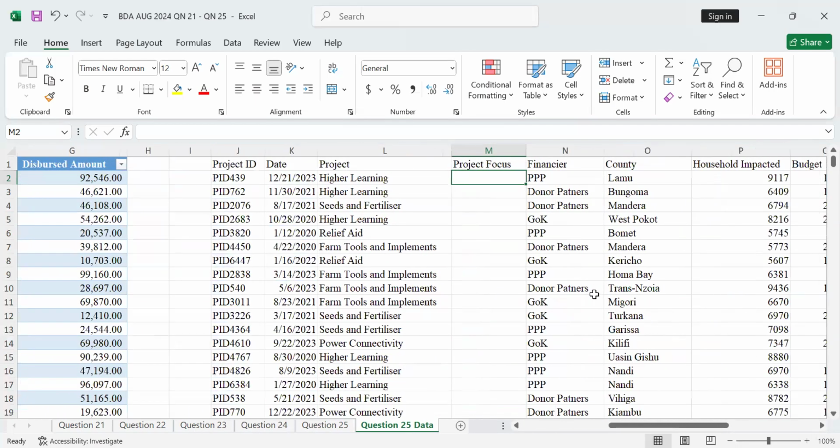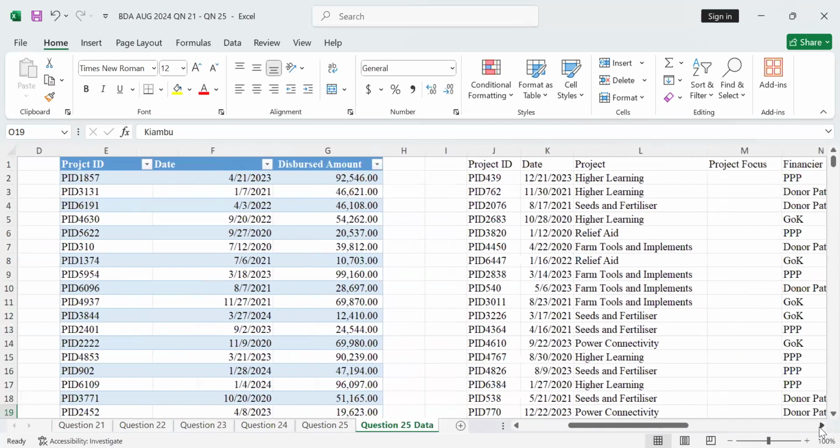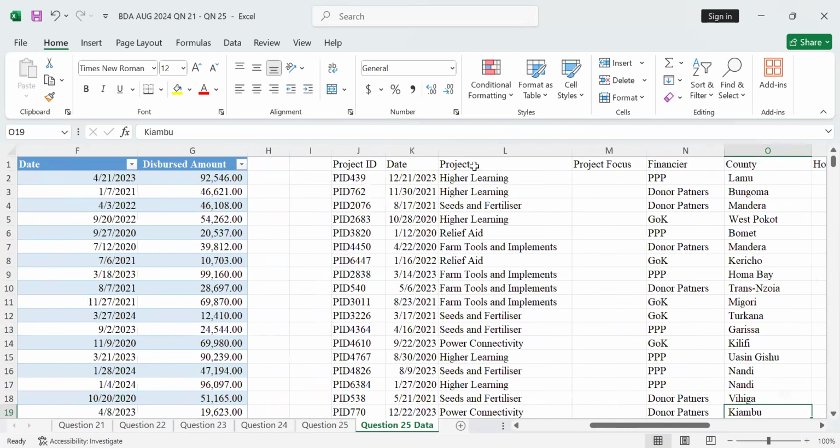So in this case, out of the projects that we have in here, out of this information that we've been given here, we need to ensure that it reflects as per the project. So this is where we introduce the concept of what we call the Vlookup. And for a Vlookup, you place the equals sign,